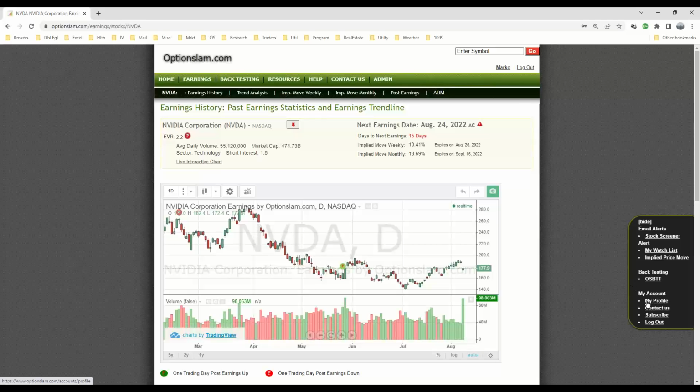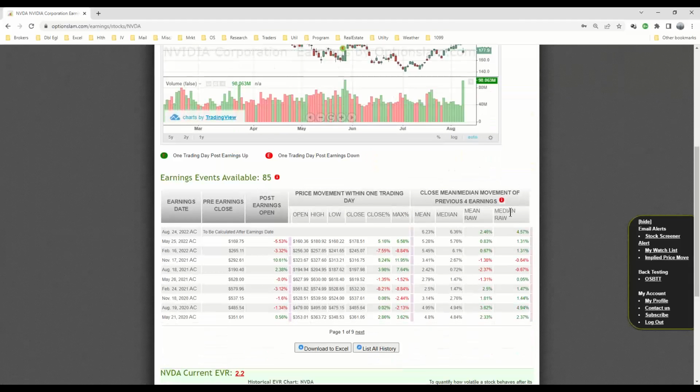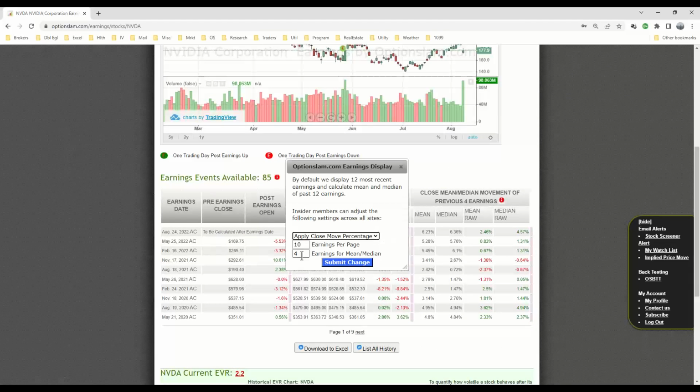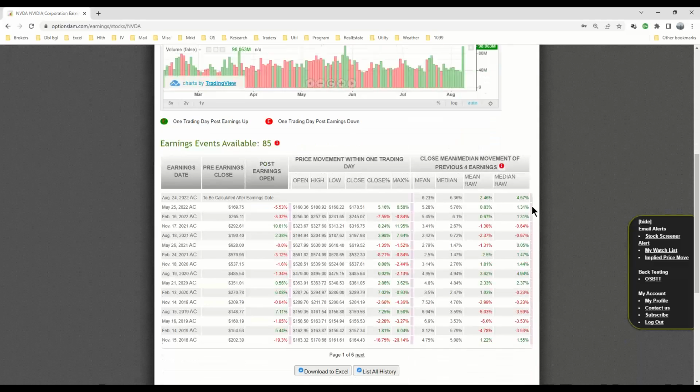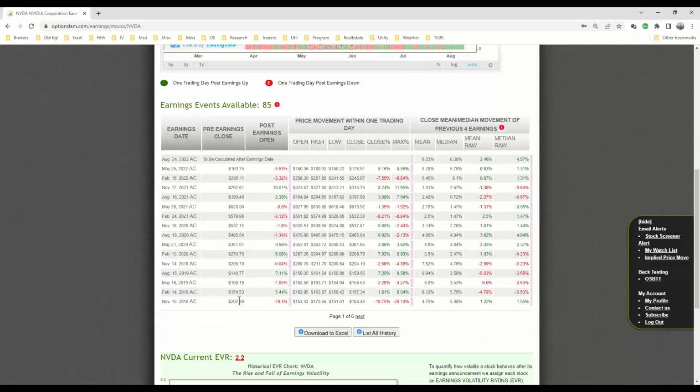And that's another place where you can change these settings. I just changed this to a 4, and how many earnings events I'm showing on this page, I can change that to only show 6, or I can change it to show 16, whatever I want. Submit the change. Now I'm showing 16 earnings events on one page. There are more pages. I can click